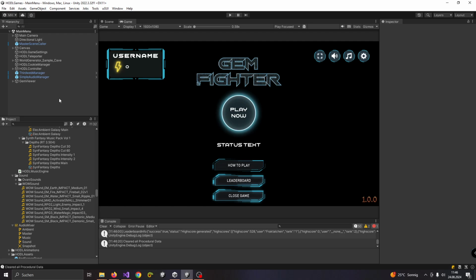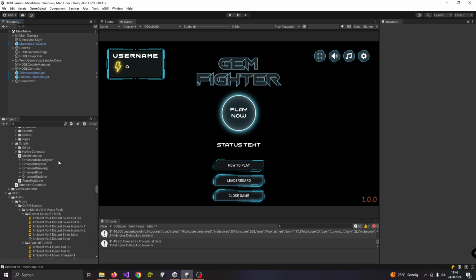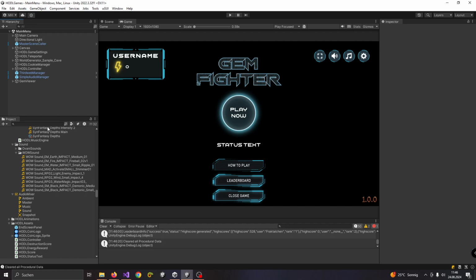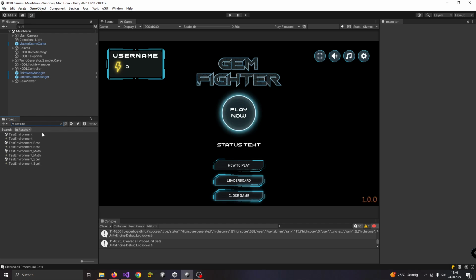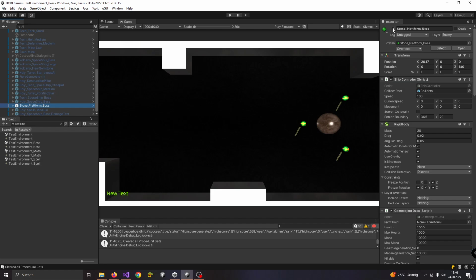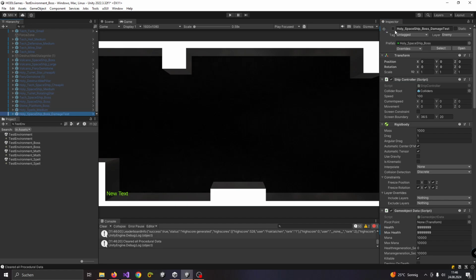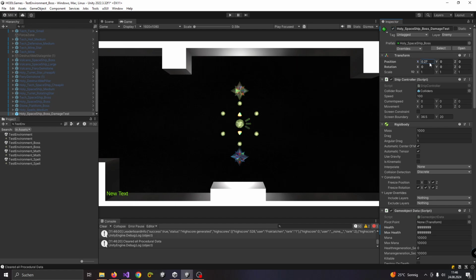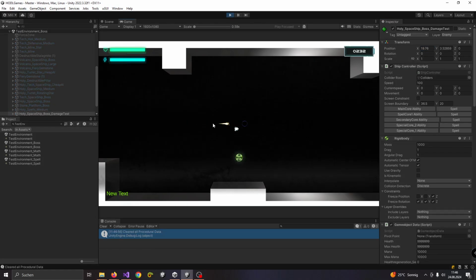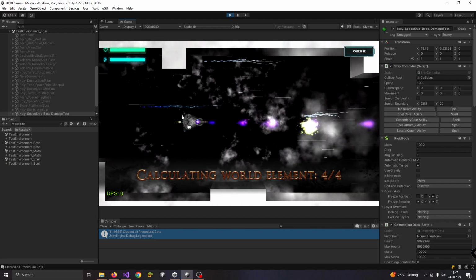So here now I can show you some other stuff. For example, let's go to the test environment, because in the test environment is where everything happens when I create stuff. Here you can see the boss, and I have here some funny thing. If I disable this one now, and I have here created something called damage test, like this. And what this does now, if I shoot at it,